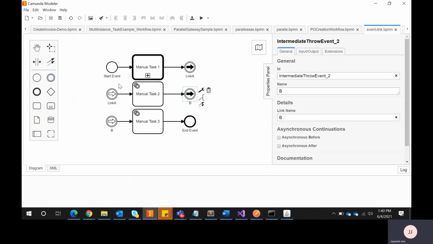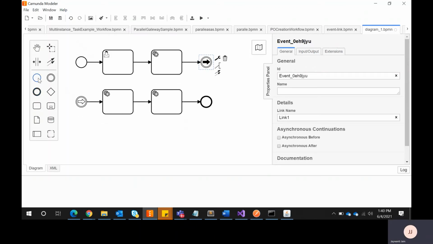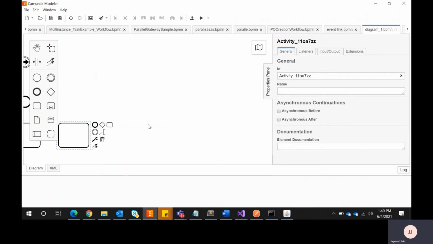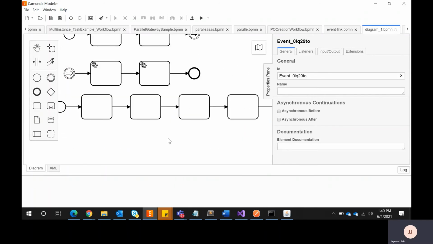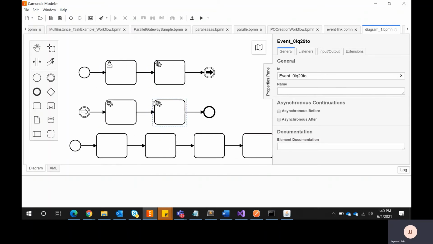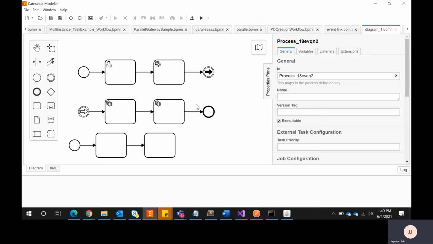If I draw the same process, taking the example of this one, it will look like this: user task, script task, and then again script task, then again script task, and then again I have to scroll right. So in this way, this is my big process. I'm dividing this process into small parts, so it is easy to understand your BPMN process in one go. If you want, I'll run the process and show you.